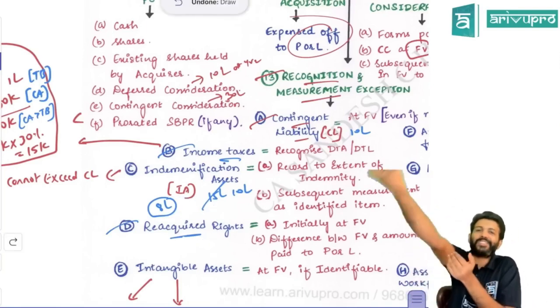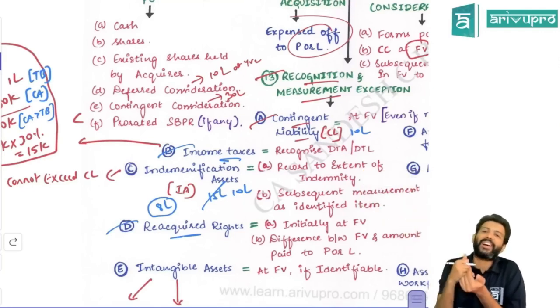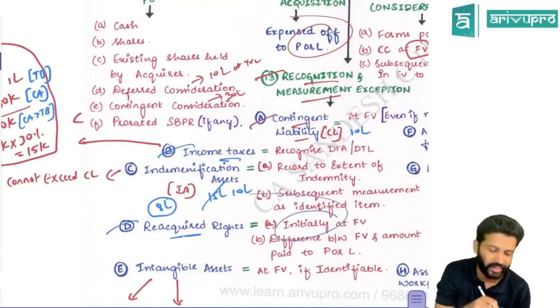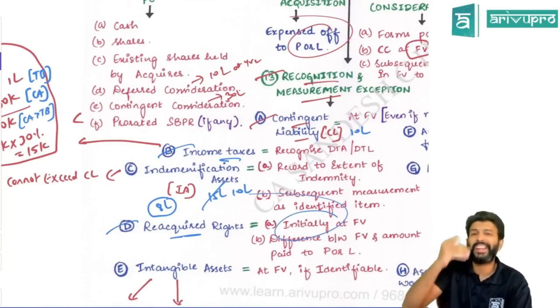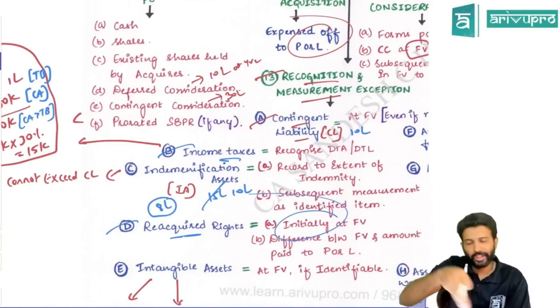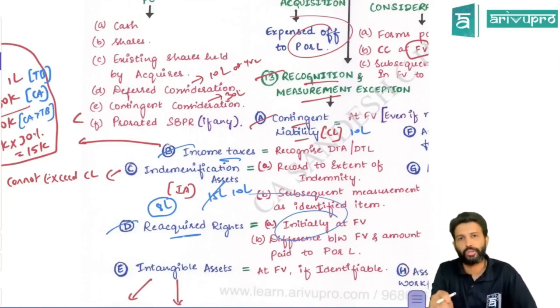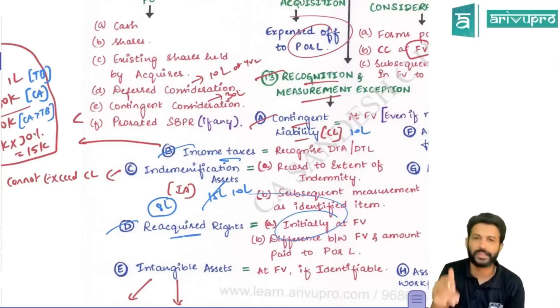Okay, we had given the rights before the parent, now they reacquired it. Even reacquired rights should be recorded at fair value. All this data they will give you in the problem, but record it, because the money that you would have paid as PC would also take this into account, and accordingly PC would be determined. That's one of the reasons.